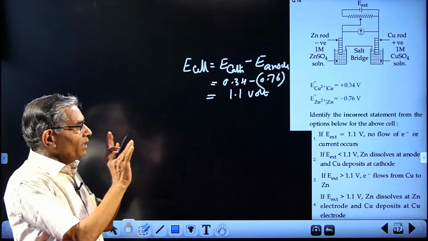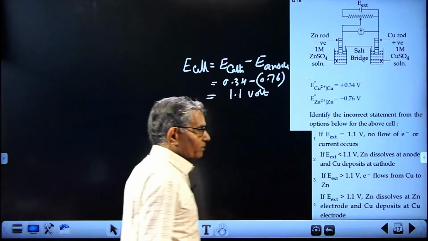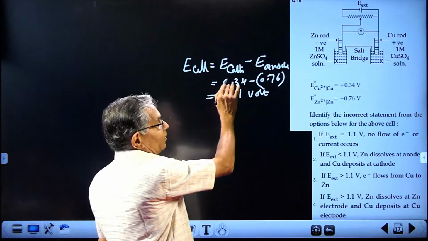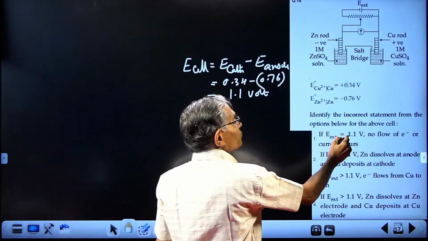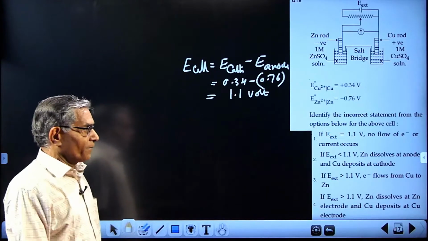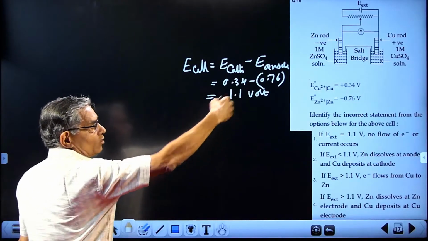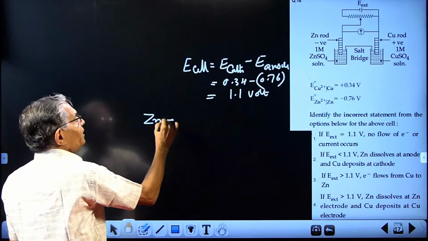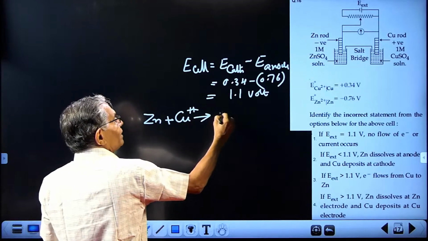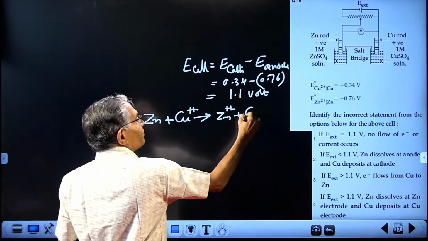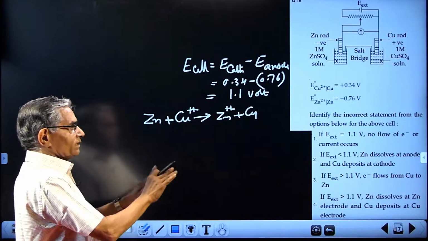This is the reversible EMF, the standard potential of the cell, and that is given also if the cell is 1.1 volt. Okay. Now what is the meaning of such a cell? After the cell is set up, if the cell voltage is exactly 1.1, what is the cell reaction occurring? Zinc will dissolve and copper will be deposited, as per this equation: zinc plus cupric ion giving zinc ion plus copper. Zinc dissolved, copper deposited. So normally the cell functions like this.